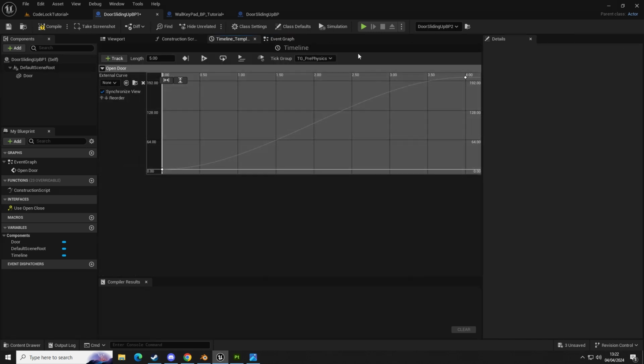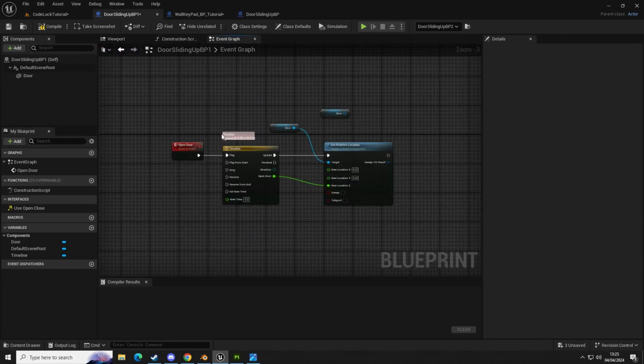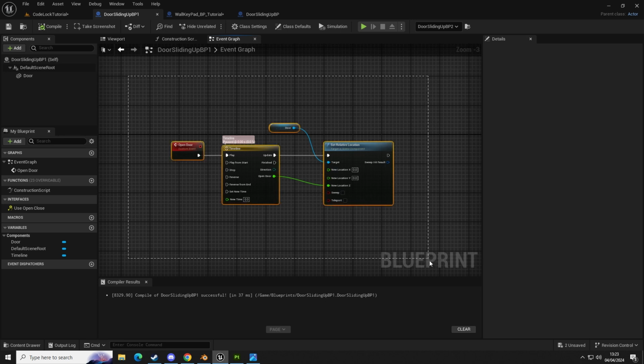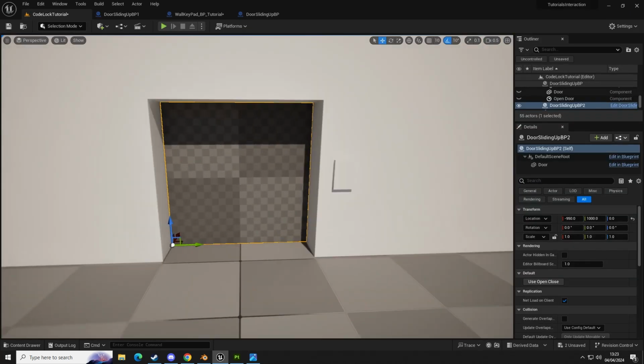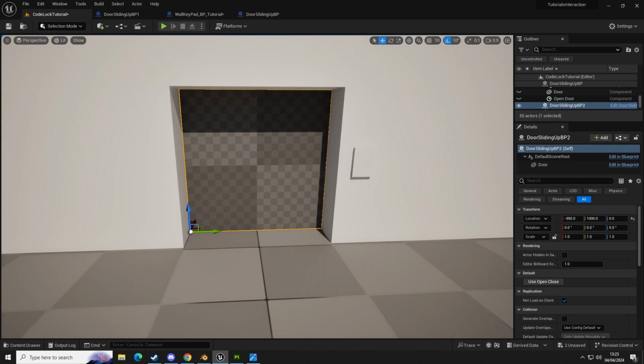float track. And then you're going to connect update into your set relative location. You're going to split the struct pin here, and then connect open door, which is going to be your timeline that you just created inside there, and then connect that into new location for your z-axis, if that's the direction you want it to open. Once you've done that, you can compile and save. Now we have a blueprint door sliding up blueprint 1, which will be this, and we can now reference this